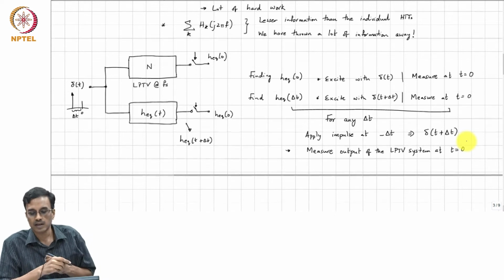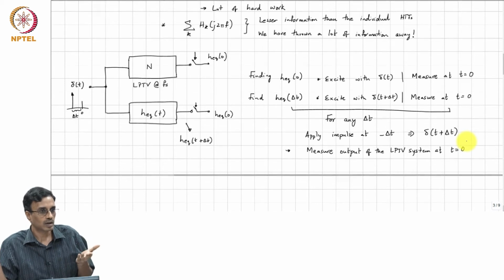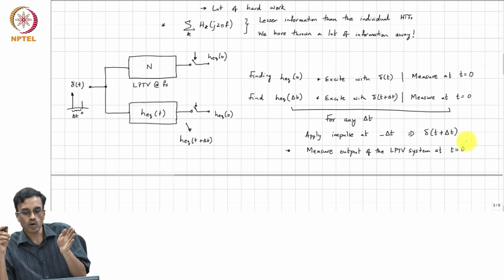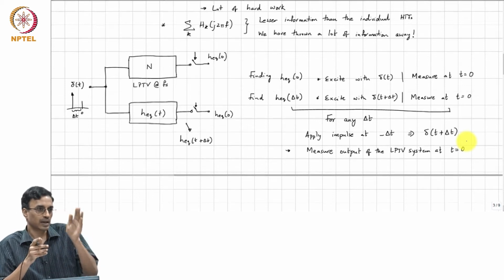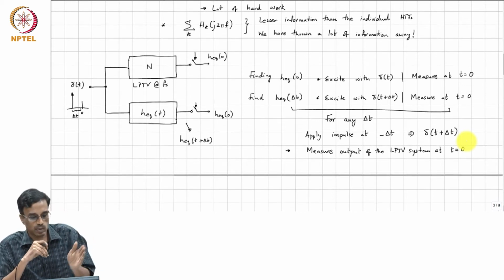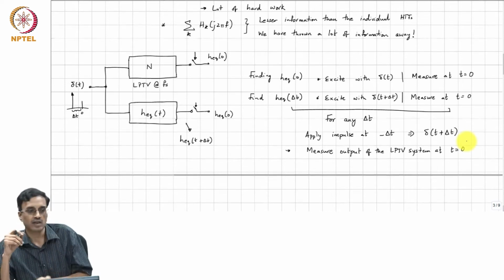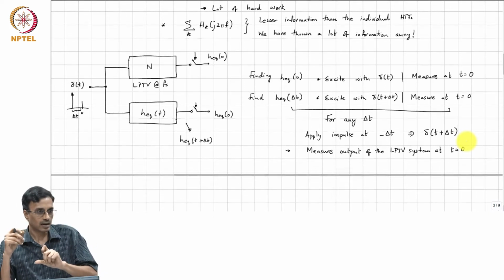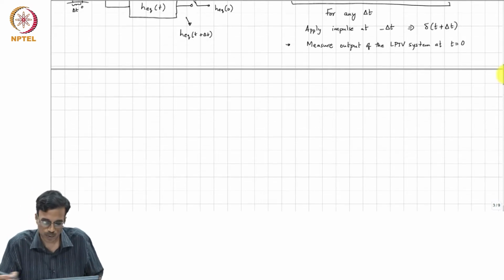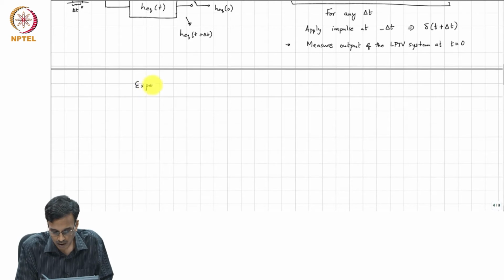Okay. So if you want to find the H equivalent of t for all time, what will you do? You apply an impulse at 0, measure the output at 0. Then run a second experiment where you apply an impulse at minus delta t, where delta t is a very small increment in time. You measure the output at 0, then you do 2 delta t, and so on. So, experiment to find H equivalent of t: